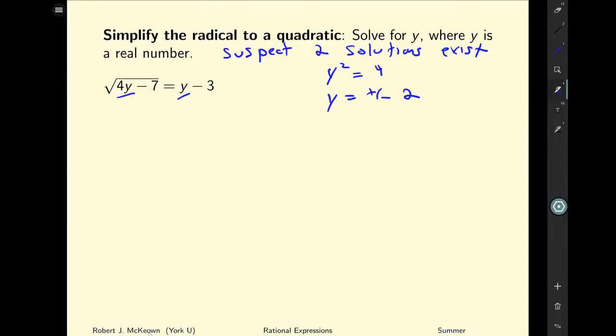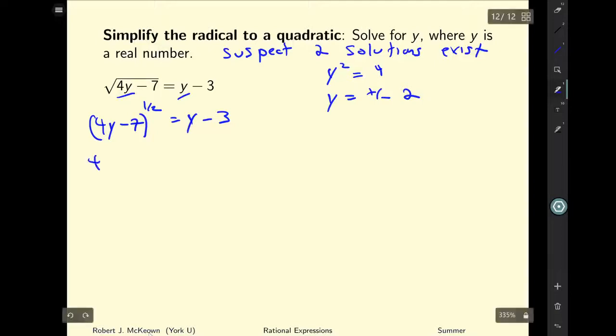So let's go ahead. I've got the square root on the entire left-hand side. One thing I could do, just to help you look at it, is rewrite this whole thing like so. Now, if I want to collect like terms, I don't really know what to do with the square root of 4y minus 7. So one thing I can do to make this easier to work with and get to the answer is square both sides of the equation. And if I do that,